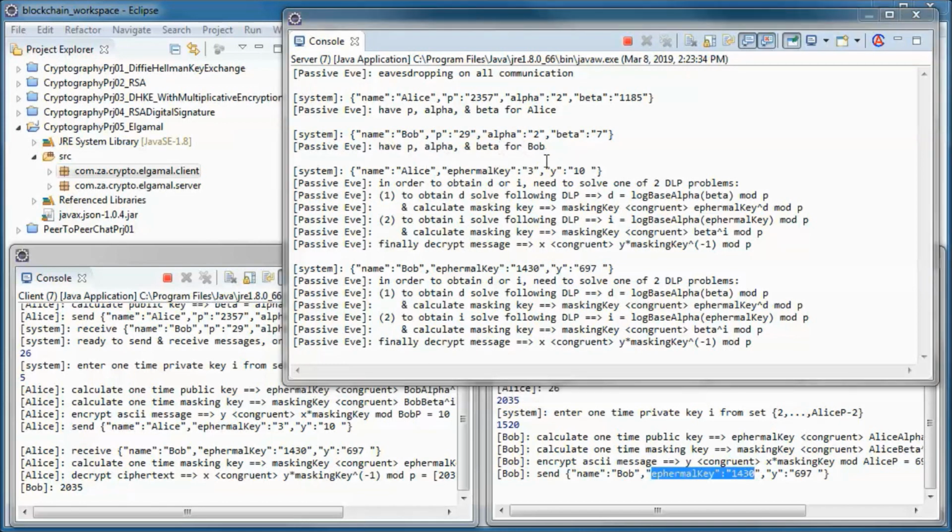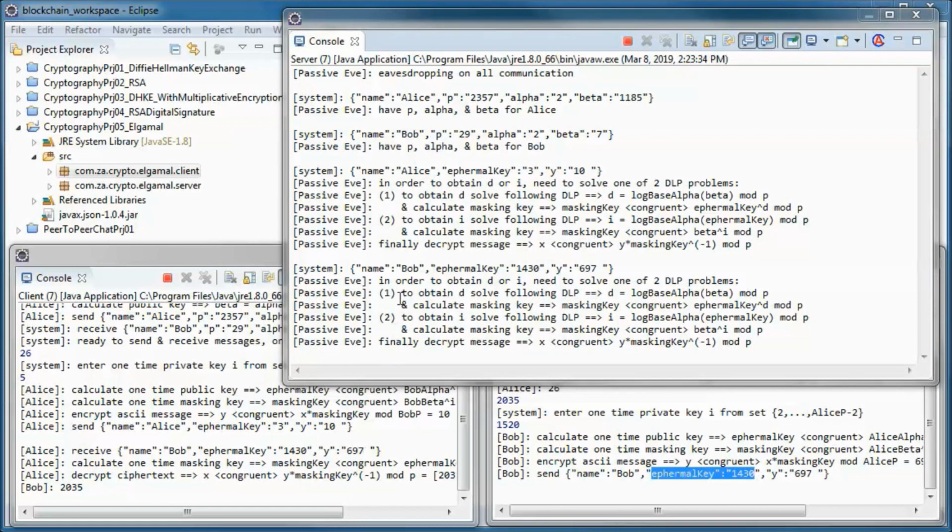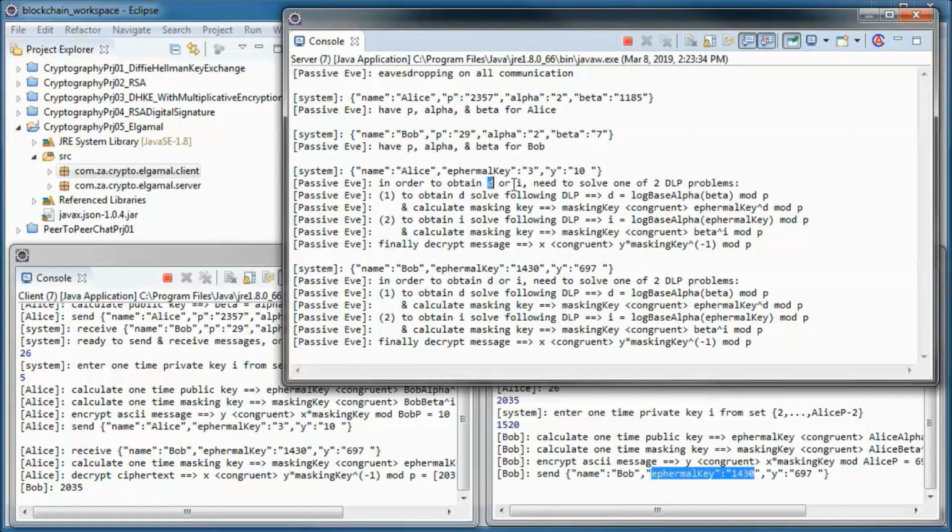And she can see this encrypted message with the ephemeral key going from Alice to Bob. But in order to decrypt it, she needs to obtain D or I, and in order to do that, she needs to solve one of two discrete logarithm problems.